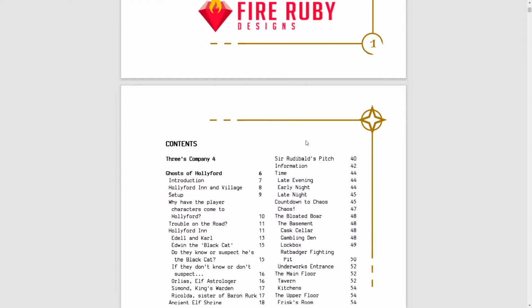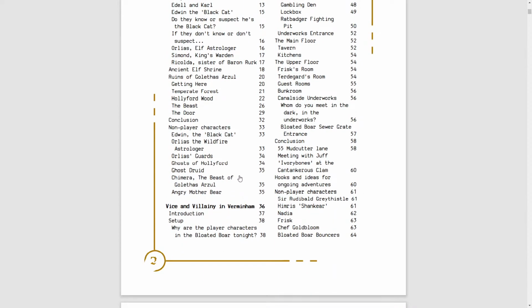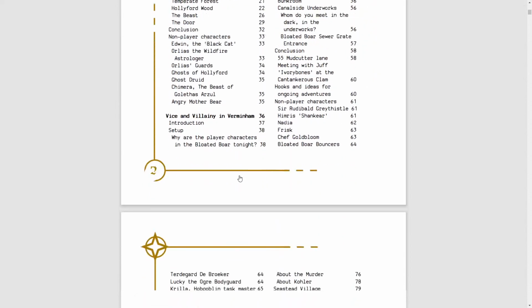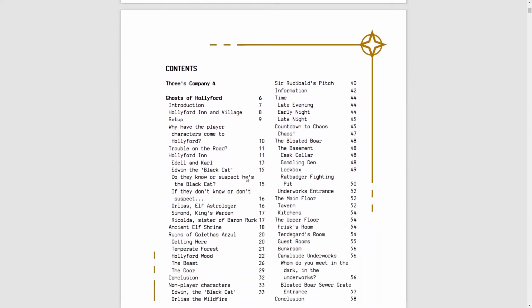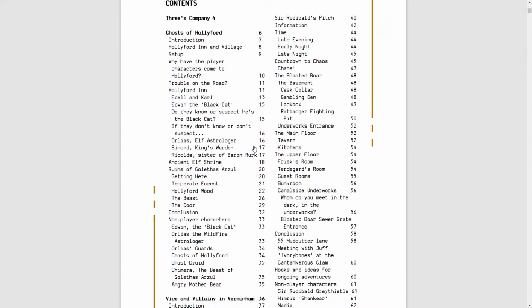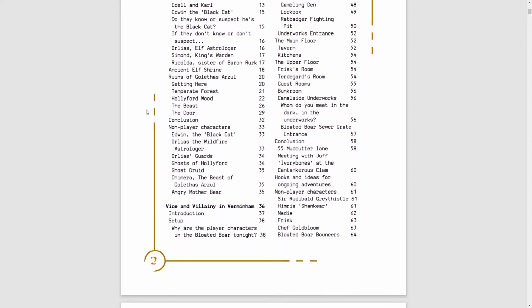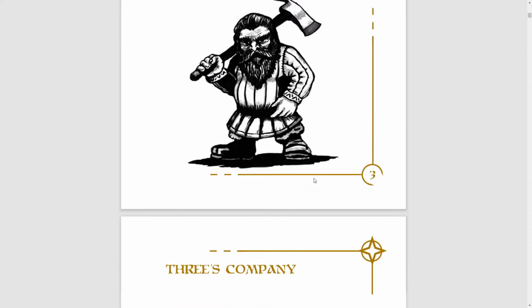I don't know if they, so it's 3 different adventures: A Ghost of Holyford, Vice and Villainy in Vermingham, and A Red Knight in Fair Marinese. So it may be similar to, they may have done this in structure like the classic Enemy Within kind of Warhammer Fantasy setting, making it 3 adventures and having them connected, because it looks like there's Ratmen associated. But yeah, so these are 3 adventures, and they all have, it looks like, very specific and maybe